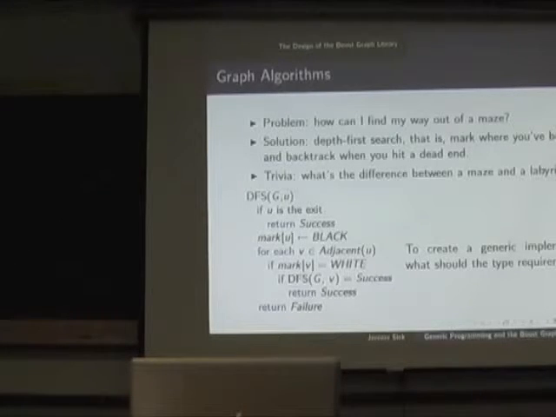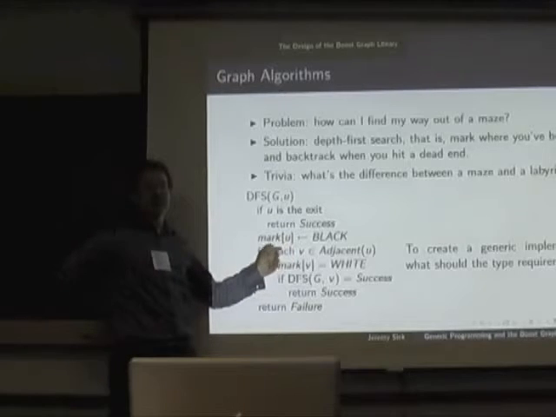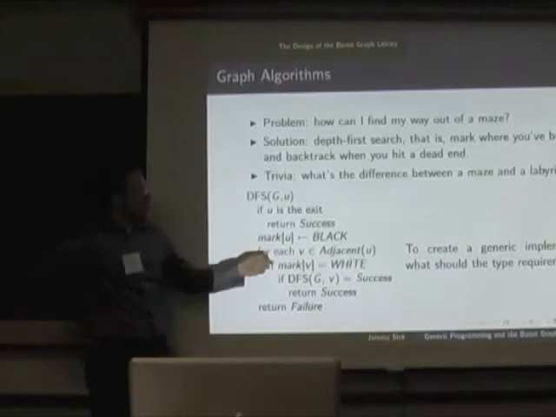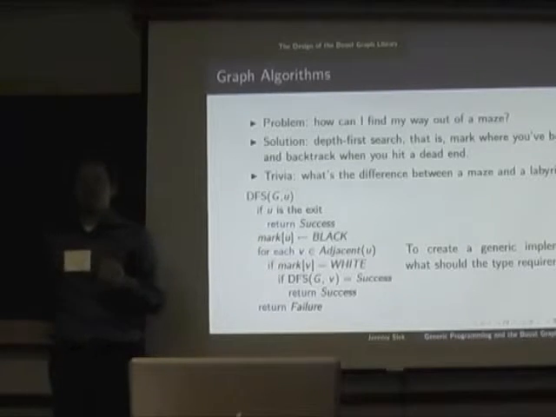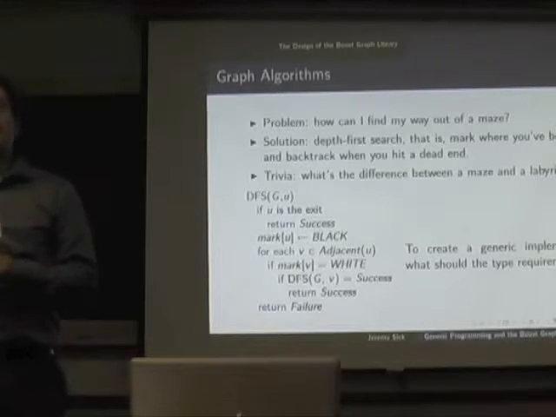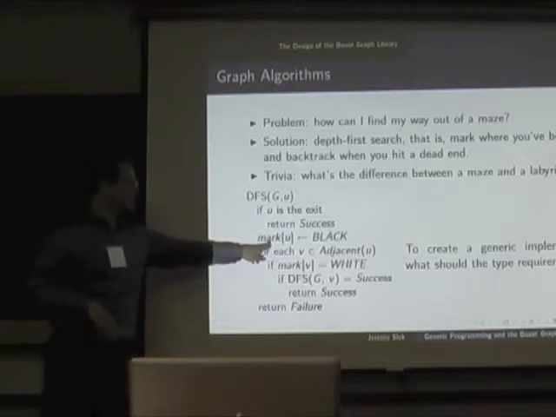We need to translate the vertex to the index of the array. So how do you go from a vertex to an integer offset, which would be how you'd access an array? There are a lot of graph representations where you do have integers sitting around for every vertex, but there are also plenty of other graph representations where you don't. For example, consider your typical graph as a giant pointer structure in memory. There aren't any integers sitting around for every node, so this would not work for that.